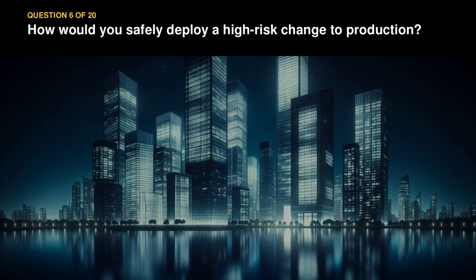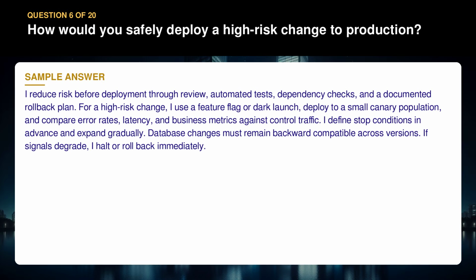Question 6. How would you safely deploy a high-risk change to production? I reduce risk before deployment through review, automated tests, dependency checks, and a documented rollback plan. For a high-risk change, I use a feature flag or dark launch, deploy to a small canary population, and compare